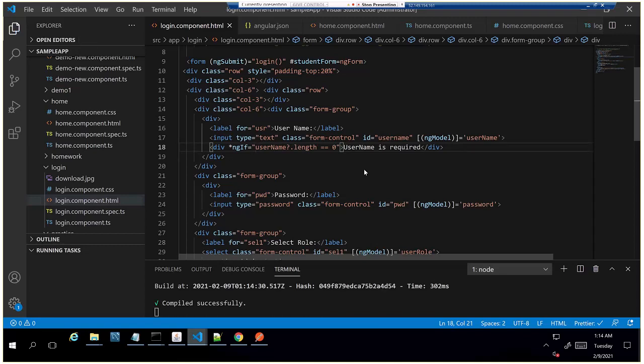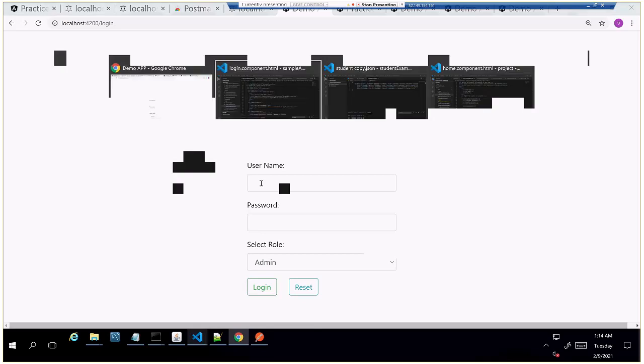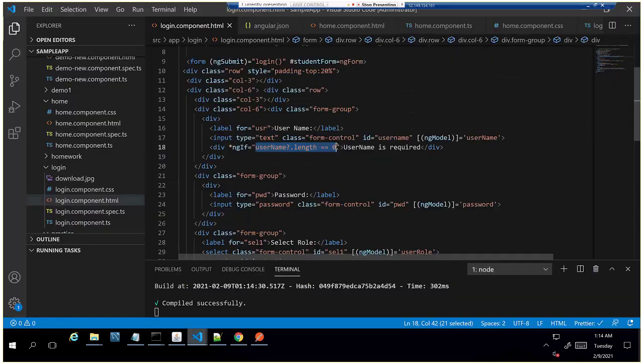You add a question mark in this form, but in the TypeScript code it means it's optional. Here it means it is checking for the null object. That's the difference. The difference between the user component and the backend business component is that TypeScript is the business logic, and this one is the UI. That is the difference for the UI.